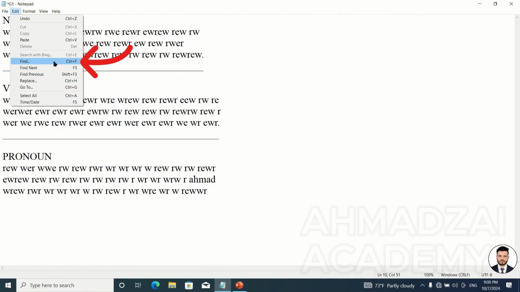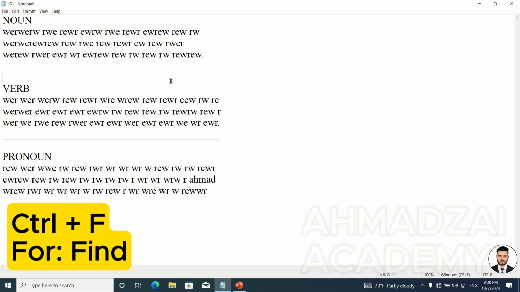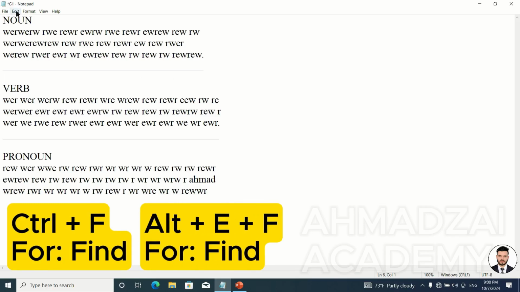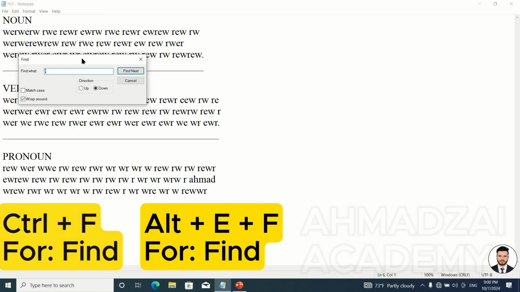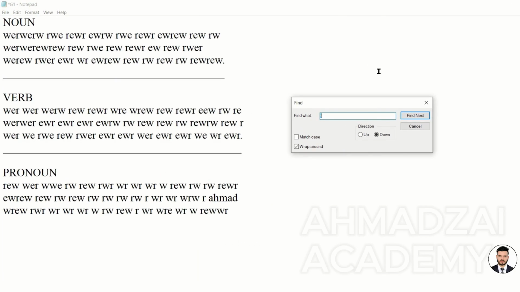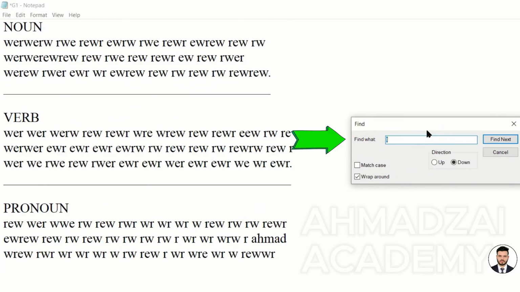We have something else called find. Find is used to get a letter, a word, or a term. You can find a letter. You can find a word. You can find a specific word. Here, its shortcut is Ctrl+F. You press this, and this find box opens up. For example, we say, find the letter W for us. You can also search for a full word, like if you wrote find honey.